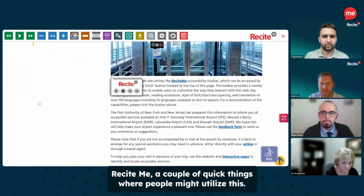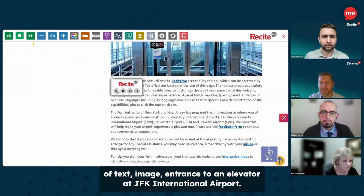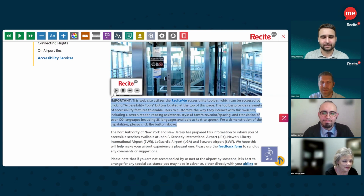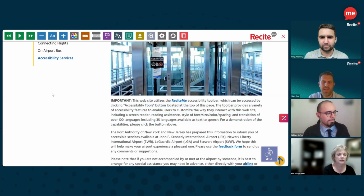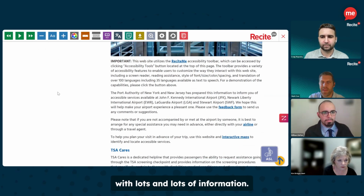And a couple of quick things where people might utilize this. There's an inbuilt screen reader, so we can utilize and read a body of text. Image, entrance to an elevator at JFK International Airport. And good to see the alternative text there, Will, that I mentioned earlier is in place, and behind the image there, it will also read a body of text. Important, this website utilizes the link, Recite Me Accessibility Toolbar. Now, this is a fantastic page with lots and lots of information,